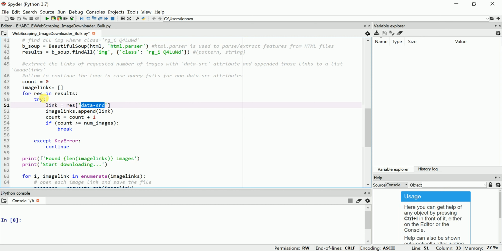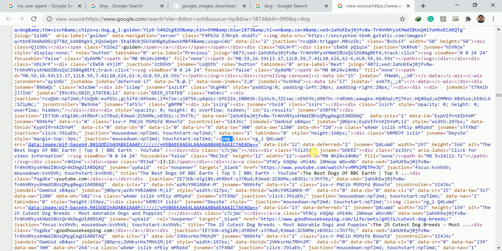So this is the code for the iterator, for res in results. I'm doing a try and except, so that if it fails while searching, it will continue. How? Try link is equal to res. You can also take i for i in results for convenience. i is equal to data source, nothing but the links. I'll show you again.